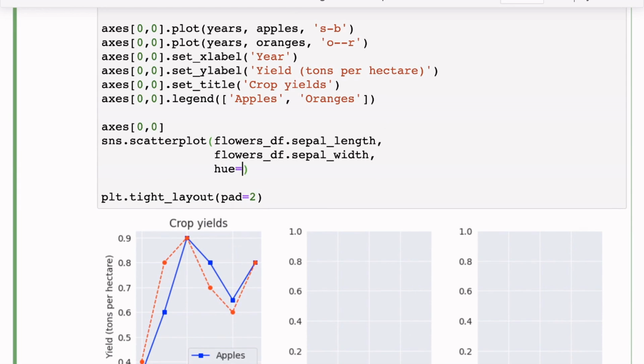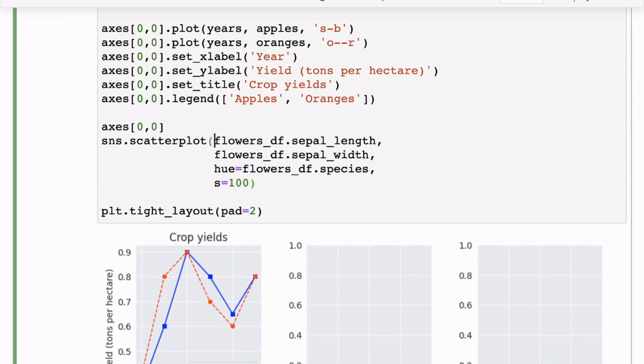So we set the hue to flowers_df.species. Then we want to set the size to 100, the size of the dots, and we want to give it a title of sepal length versus width, let's say.